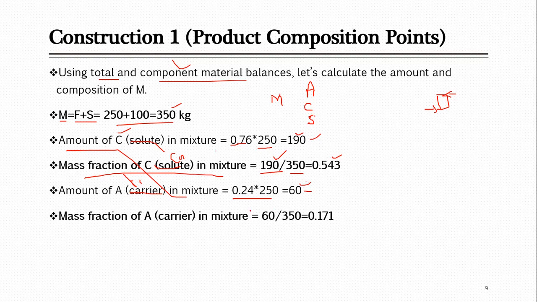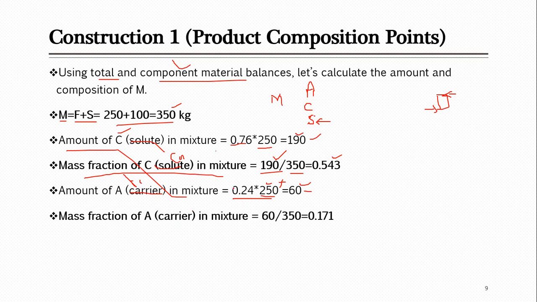So just for example, as I was telling you, if your solvent also contains some part of A, suppose 1%, what you will do is just add it up here. You will take 0.01 multiplied by its total amount, and that's 100. Like here the total amount was 250, so for that it will be 0.01 multiplied by 100, so you will also add up that one. So that will be part of this. If that's included, or in some problem maybe you see such things, don't worry, just include that in your material balance.